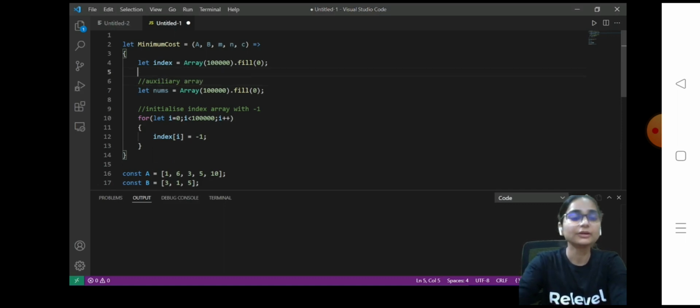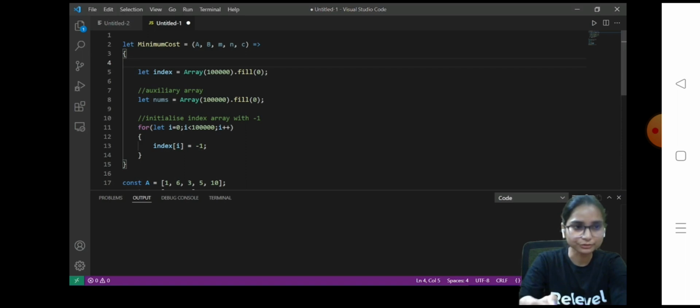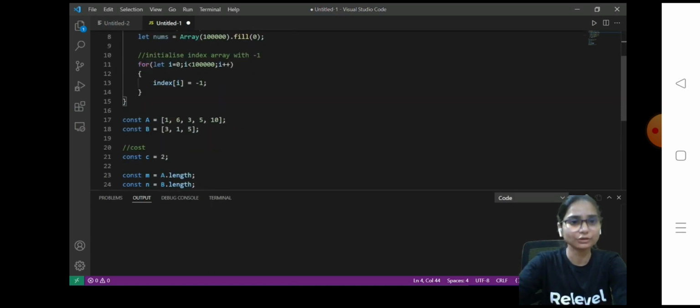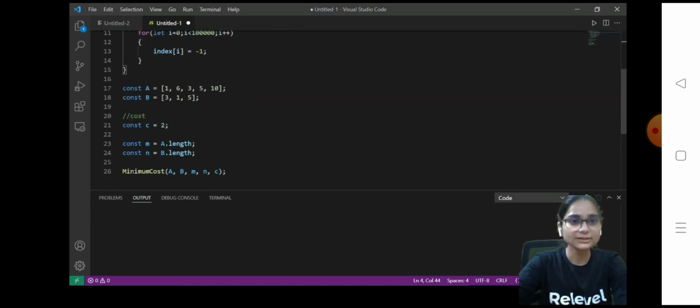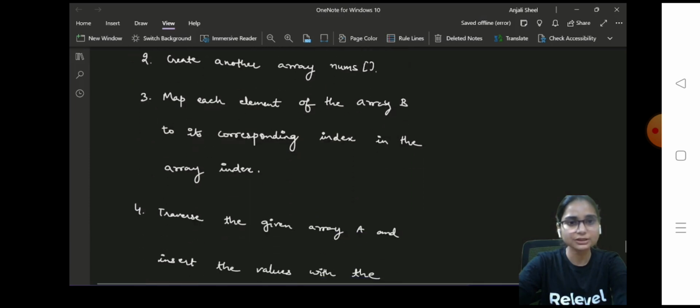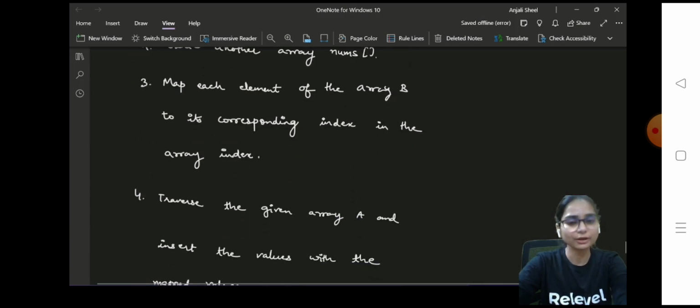All right, and what this index is going to do is store the positions of the elements of array A, because we will have to actually perform a mapping of the values. After all the initialization, we need to update the array index. That is what the next statement was. You have to map to its corresponding index. So that means you have to update the array index, right? So what we will